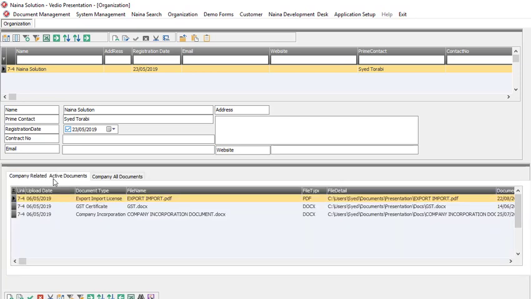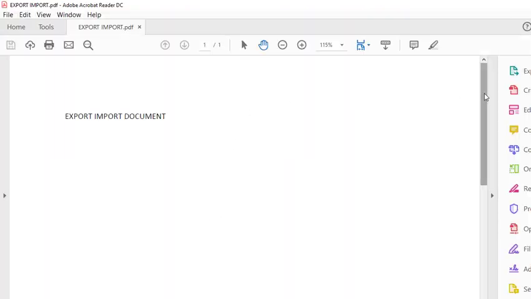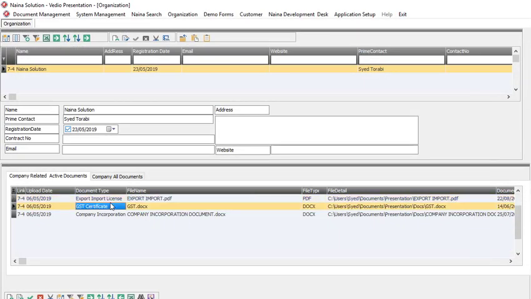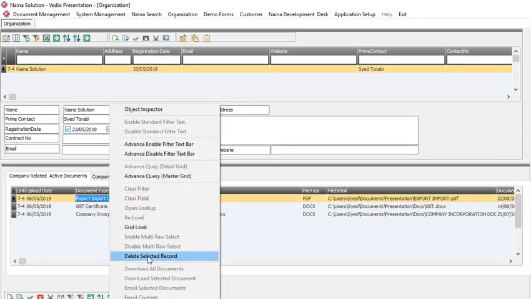Now this is basically the process for upload. If we have a document, then we need to download the document also. There are two ways to download. One, you double click and it will open in the respective application, or you can just go here and click download. Now why is the download not working? Because it seems the user does not have download permission